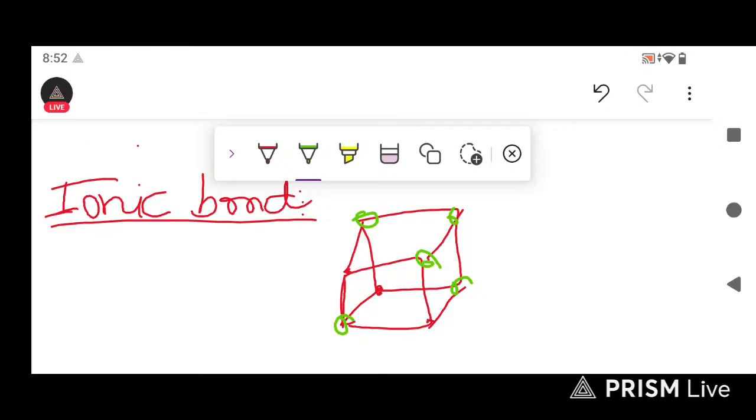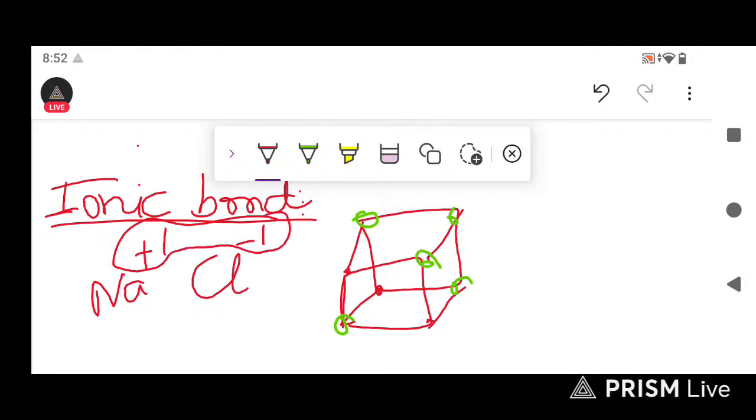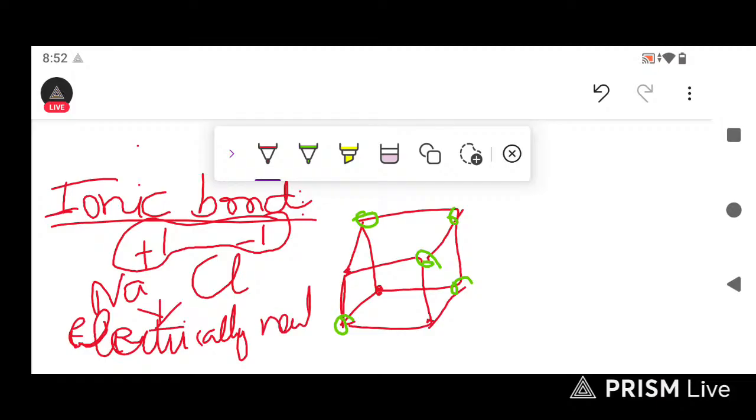Basically, sodium chloride is electrically neutral because sodium has a one positive charge and chlorine has a one negative charge. So their positive and negative charges cancel each other's effects, and they become electrically neutral. Okay, so calcium chloride